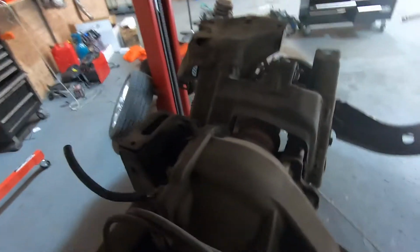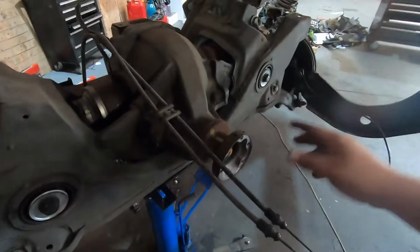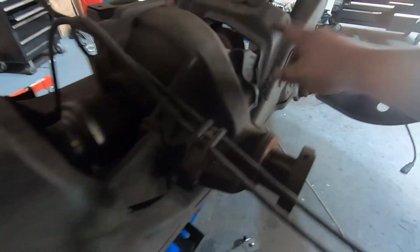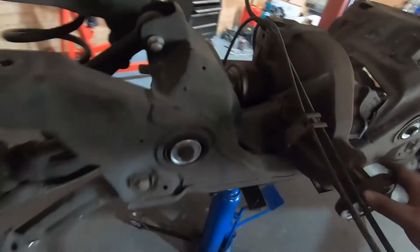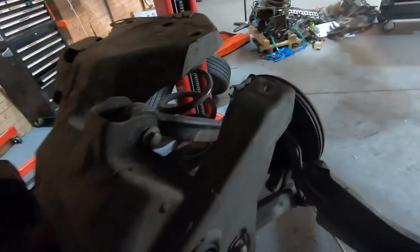Alright. So this is what your diff looks like from the top side. It's also the reason you have to drop the whole cradle to get the diff out, because it just can't come out. You've got the wings off the side that bolted on the inner, and you can't get it out the front. So if you ever have to do anything to the diff, most of the time it's full cradle out. So that's all right. It gives you access to everything,